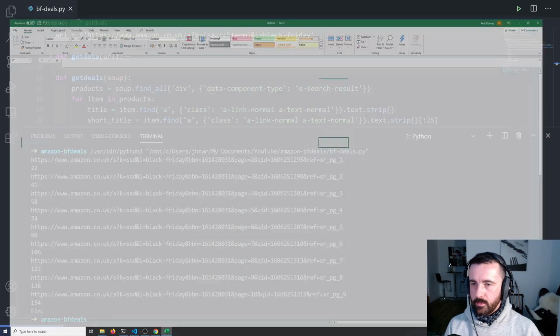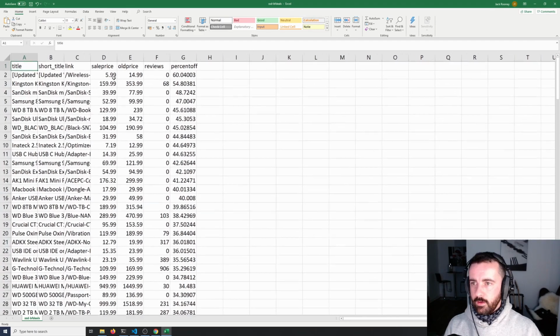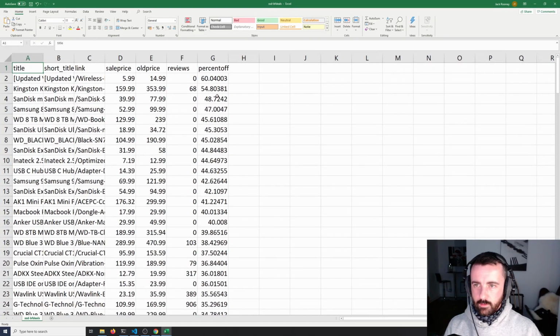Let's open up that CSV file. And we can see, here we go, an updated version of a wireless mouse. That must be an ad. That's great. So we can see right away, review 0. You could filter that out nice and easily. We could filter that out in Pandas with our data frame as well. We can see this one here,